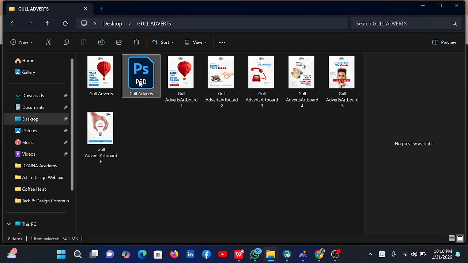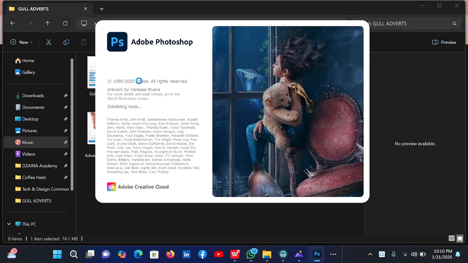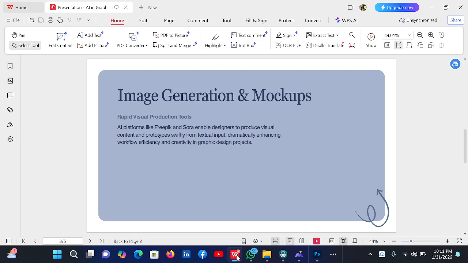Okay, let me open this one. The bado iko in progress, but let me just open it to show an example with it. So as it is opening, let's go to the next thing.